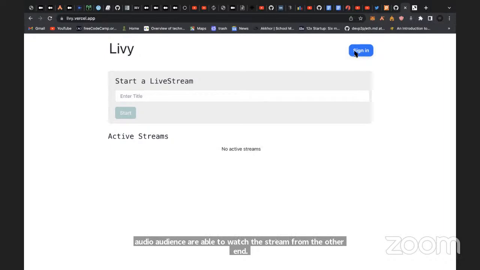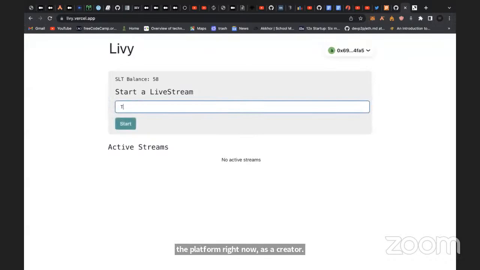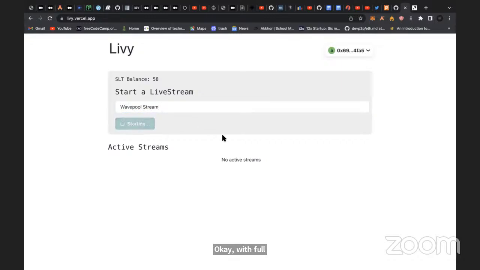So I would quickly connect my MetaMask. So my MetaMask is currently connected. So I'm interacting with the platform right now as a creator. So let me just quickly do this. So let's just see test stream. Okay, now let me just create a stream rather. And when I do this, it interacts with Livepeer, and I get a key. So when I get this key,